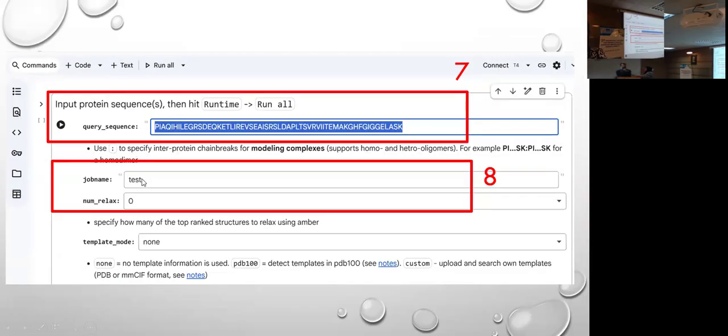Okay, in this cell, you can also change your job name, any name you want. Okay, number of relaxation. This is the cell where you want your models to get relaxed multiple times, or 0 times. You do not want your model to relax, meaning you do not want your model to be energetically minimized, or you just want such a model. So just as an example, we are using 0 here. You can use any number.